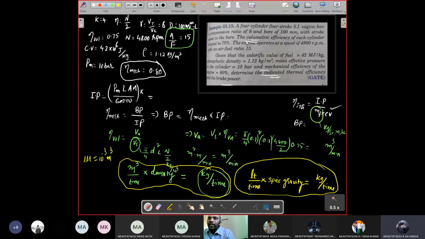See here, specific gravity we can define in two ways actually. Based on density we can define, and based on specific weight also we can define. Based on density, it is the density of the given liquid by the density of the standard liquid. The standard liquid we take as water. So in case of specific gravity we are considering the density of the given fluid by the density of the standard fluid.